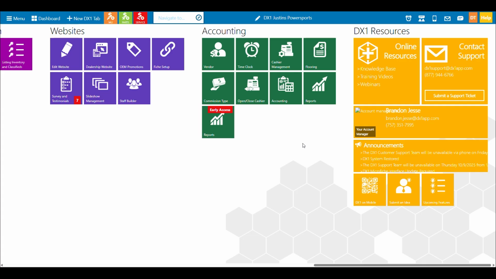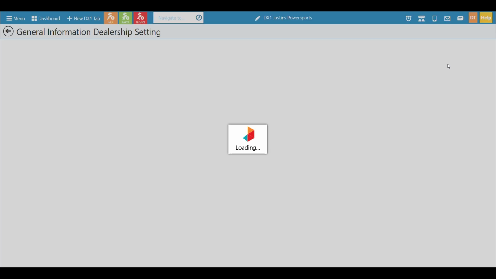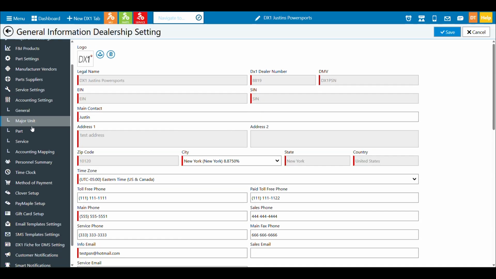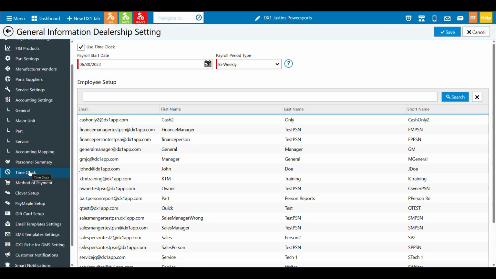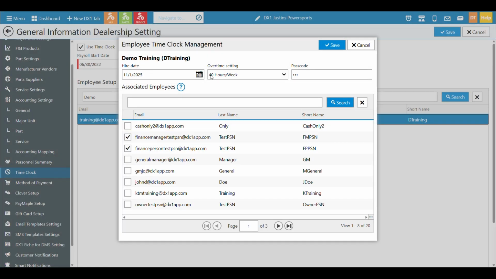All right, in this chapter, we're going to talk about how to use the dealership time clock. I mentioned in previous chapters there's some configuration that needs to be done for users here under time clock. Employee setup, you need to find the employee you're looking for. Once you do, you need to go in and set a hire date, what their overtime settings are, how they work, have them assign a passcode,